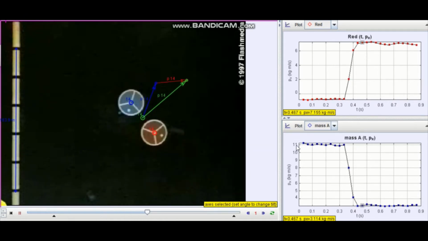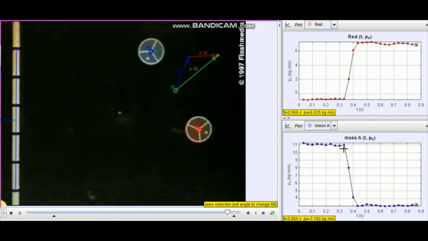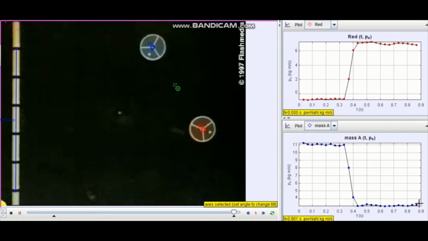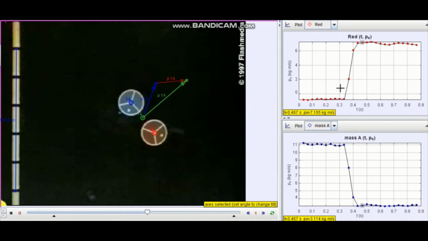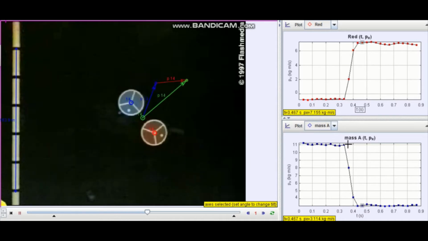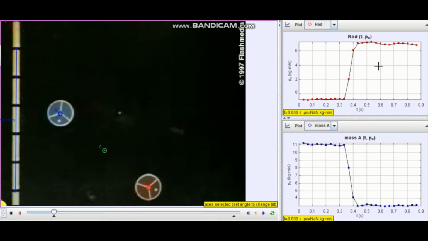You'll also notice that the blue puck has a lot of horizontal momentum at the start, which then drops down to almost 0 horizontal momentum after the collision. The reason for this is that the blue puck has given its horizontal momentum to the red puck during the